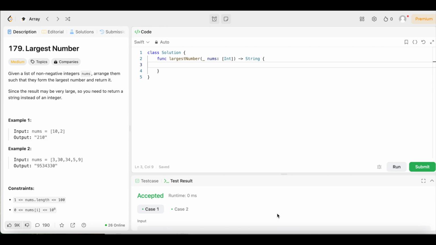All right, y'all, we're back again, another day, another LeetCode problem where we're doing daily LeetCode problems. And today we have question number 179, largest number. The difficulty level is medium, but don't worry because we're going to keep the solution as simple and easy to